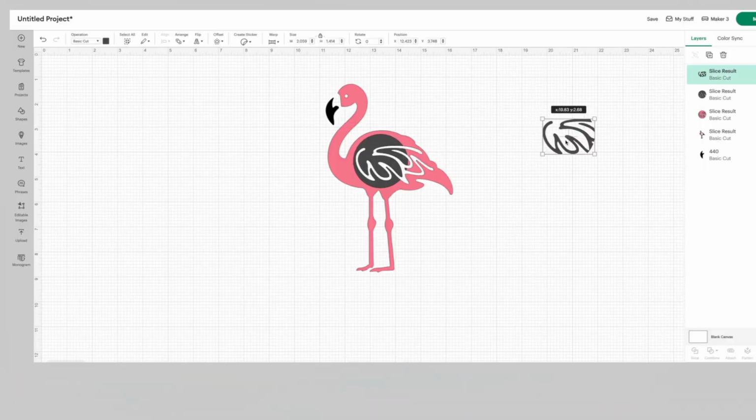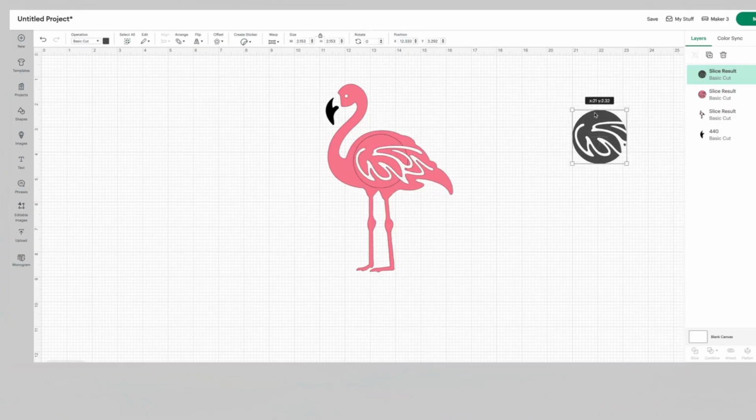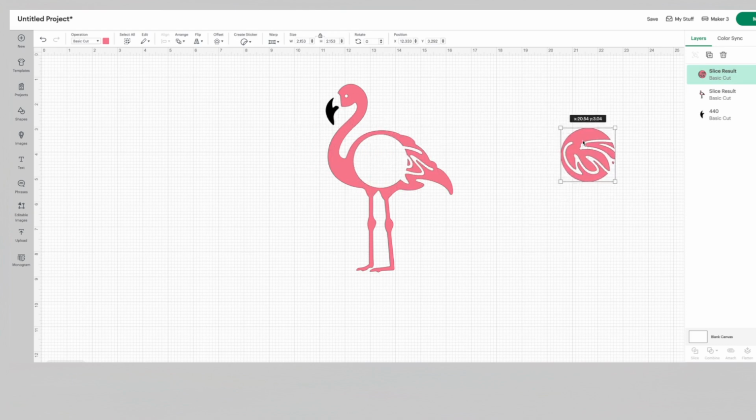The first is our slice result, which is what the circle pushed through the flamingo. Usually you won't be needing that, so you can select delete. Then there's what's left of your circle after it punched through. Again, you probably don't need it, select delete. And then there's the remainder of our flamingo, or what was underneath, and you probably don't need it, so you